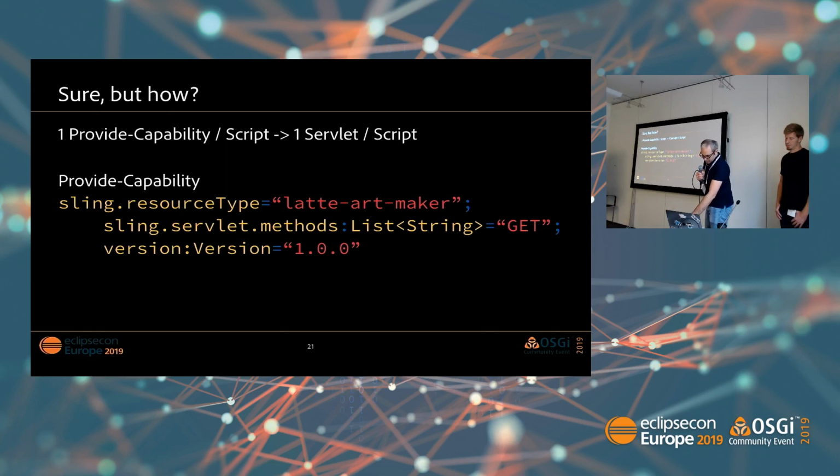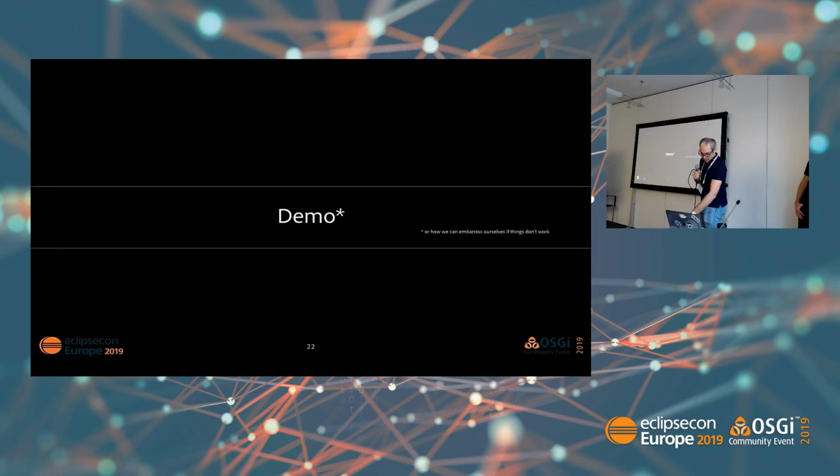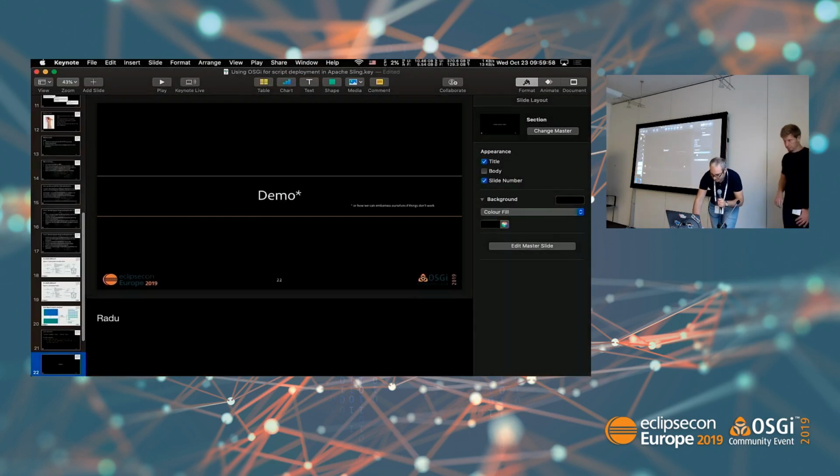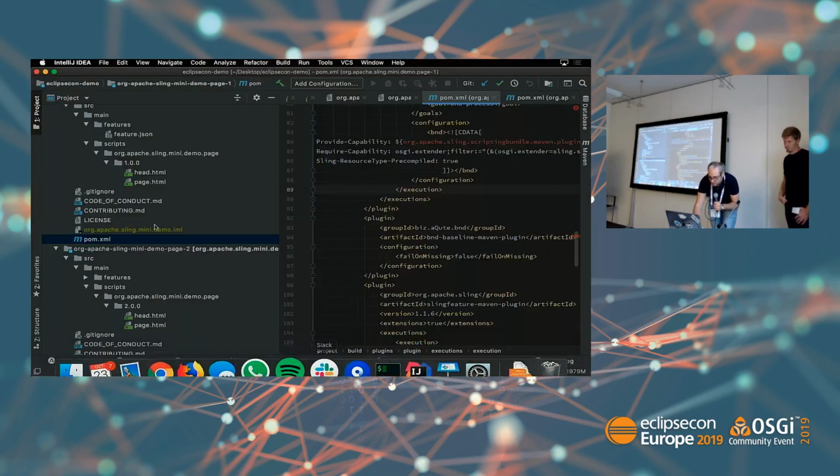Obviously, when you have multiple scripts and you want to use different methods or a selection of methods or multiple selectors, or you add extensions, the provide capabilities become a bit more complex. Hence why we wrote this Maven plugin, which reads the structure of your bundle in the file system and then generates the provide and require capabilities for you. So let's switch to a quick demo. We're first going to start with